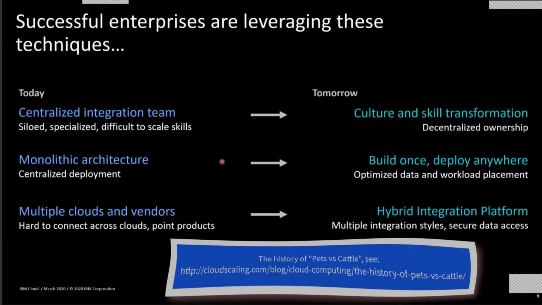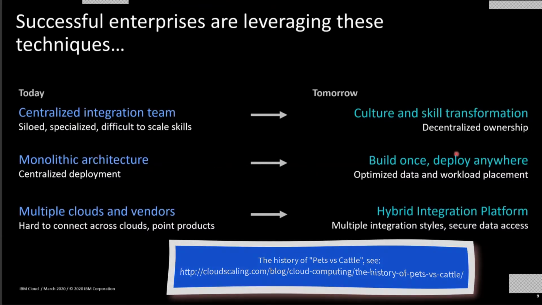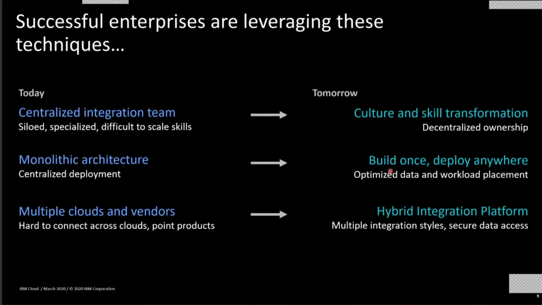Go and do a little bit of research on cattle versus pets in the IT field. There are some very interesting discussions around our current monoculture, where we say monolithic architecture, where we want to keep things alive like a pet. We feed it, we make sure we spend a lot of time in our ops environment to make sure it doesn't go down. It's a very different way in the